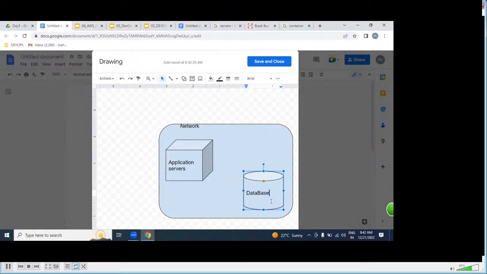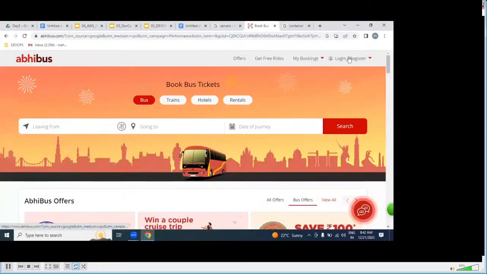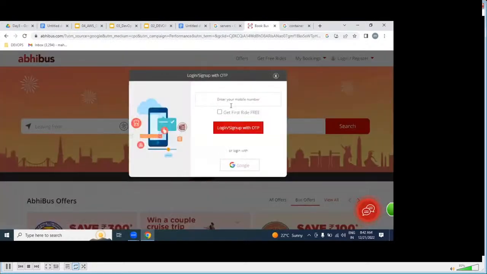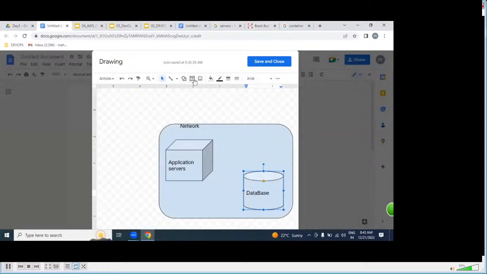So network we have designed, application server we have kept, and database also we have kept. But if you want to log in into any application, from where exactly can you access your applications, and from where are you accessing websites?